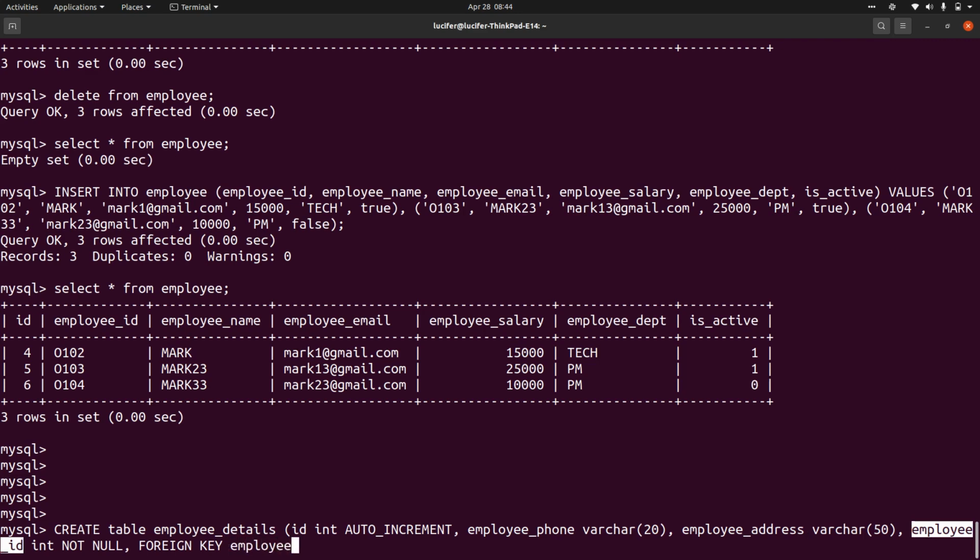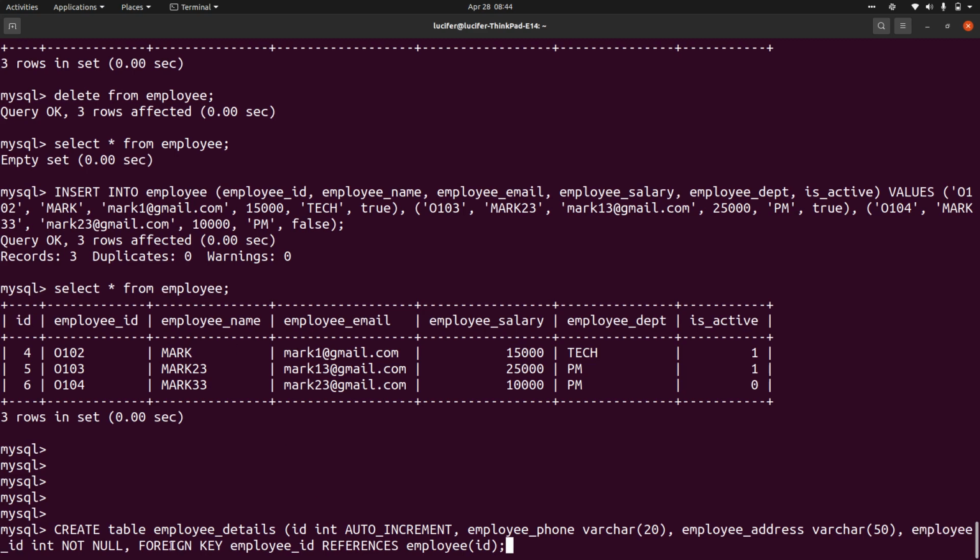Employee ID references the employee table and column name. So basically you are creating a table called employee details, which has an ID, employee phone, employee address and employee ID itself, where employee ID references back to the ID column inside the employee table.